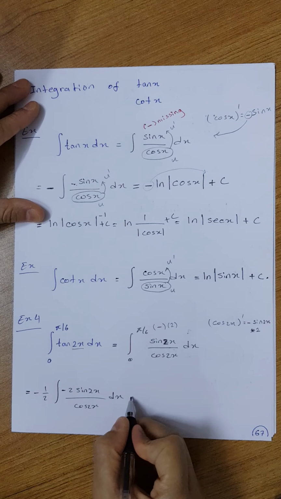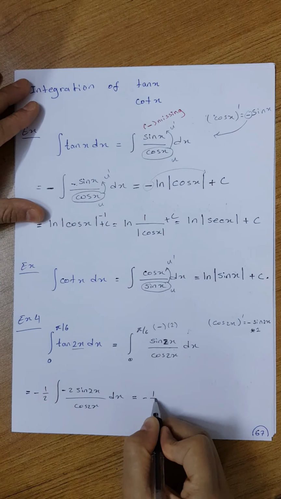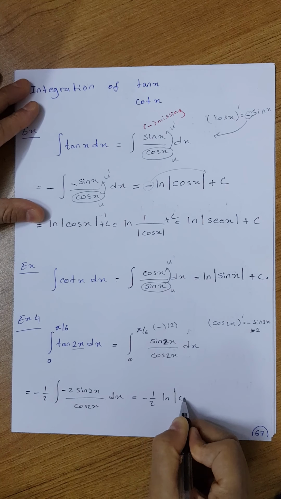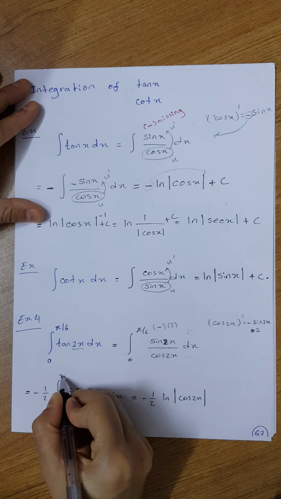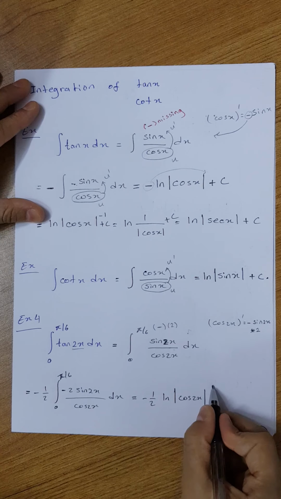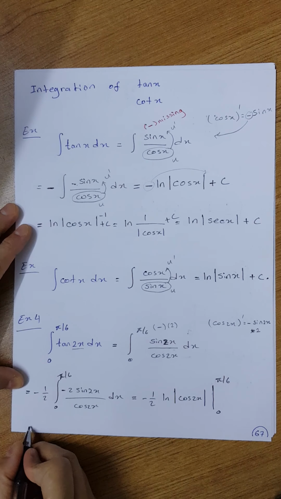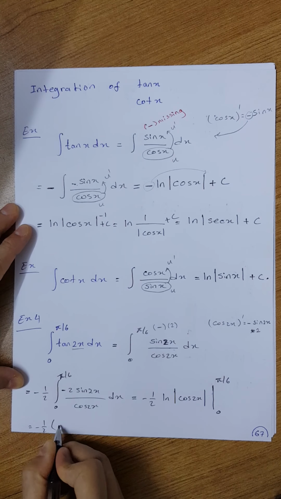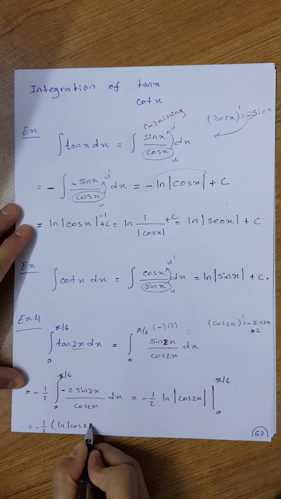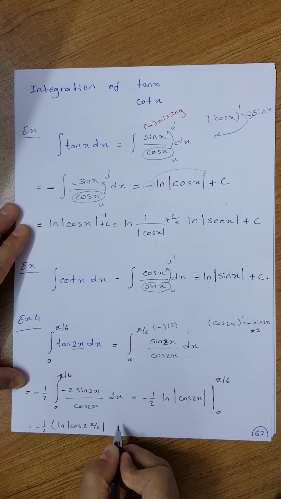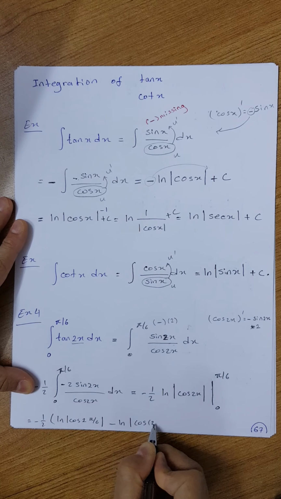Now I have got what? The derivative of the denominator up in the numerator. So this one is equal to minus 1 over 2 ln of the denominator, that's cosine of 2x. How is the integration? It is from 0 to pi over 6. So you put ln of the absolute value of cosine of 2 multiplied by pi over 6 into the function, and then minus ln of the absolute value of cosine of 2 multiplied by